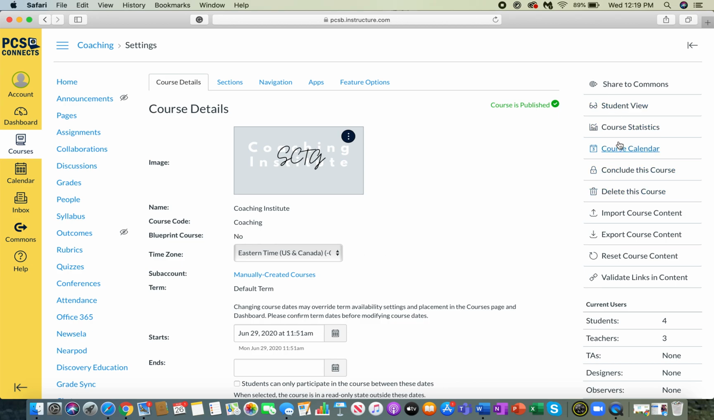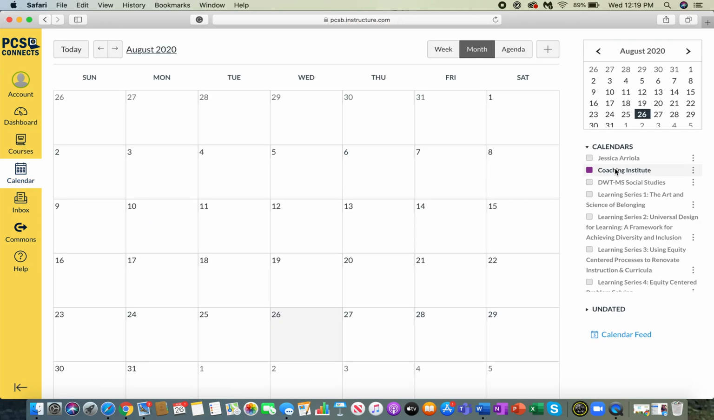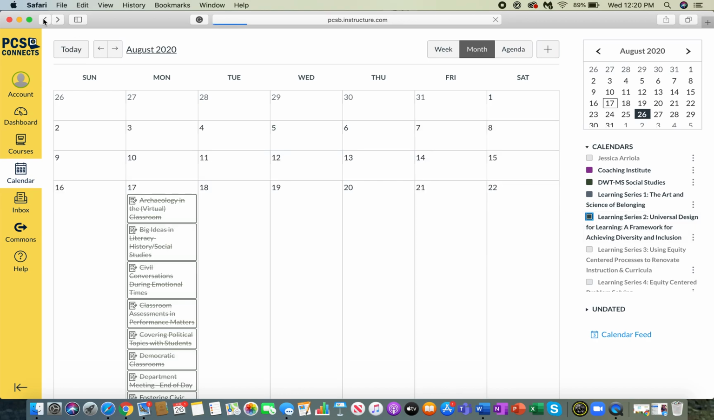And then over here, you also have the course calendar. So that's for the individual course, while the calendar on the left-hand side is for all of your courses. So I'll show you a comparison. Notice this box is the only one that's checked. However, if you want to see Coaching Institute plus others, you simply check on the box. So if I go back to settings,